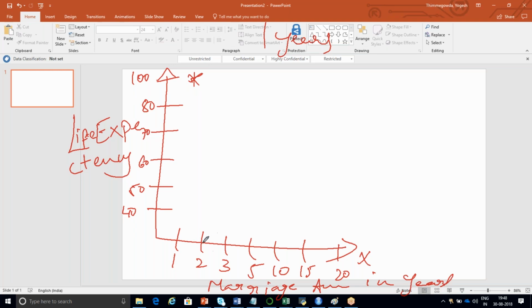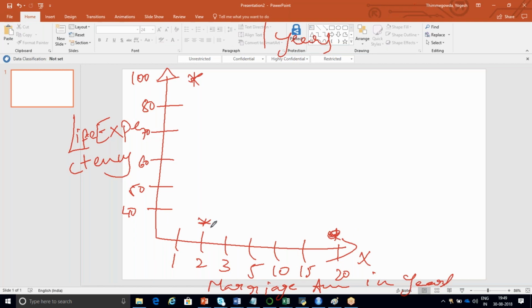So after 2 years, married people can answer this. What do you feel after 2 years? How many years do you want to live? Try to be honest so that Rakesh can get an answer. Don't want to live anymore. After just 1 year, you're jumping to this level in the second year itself.